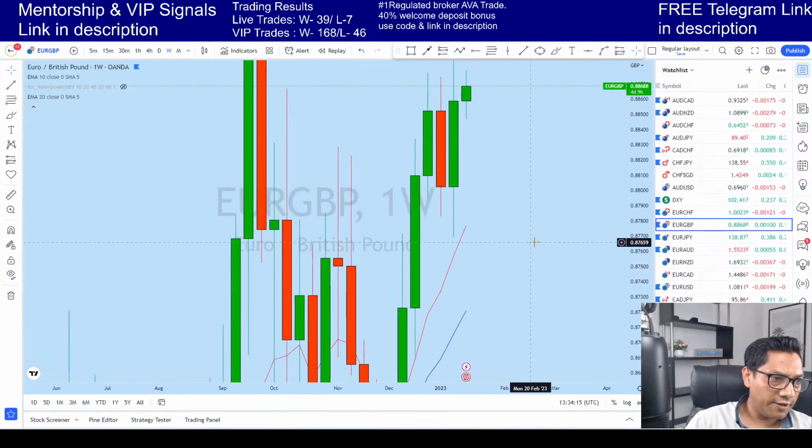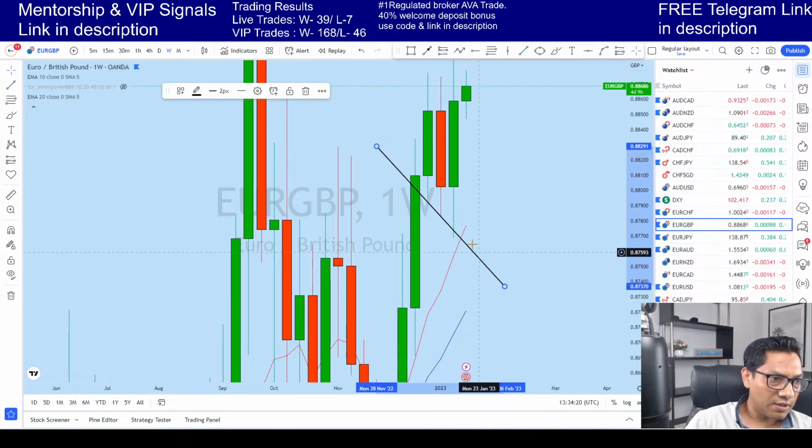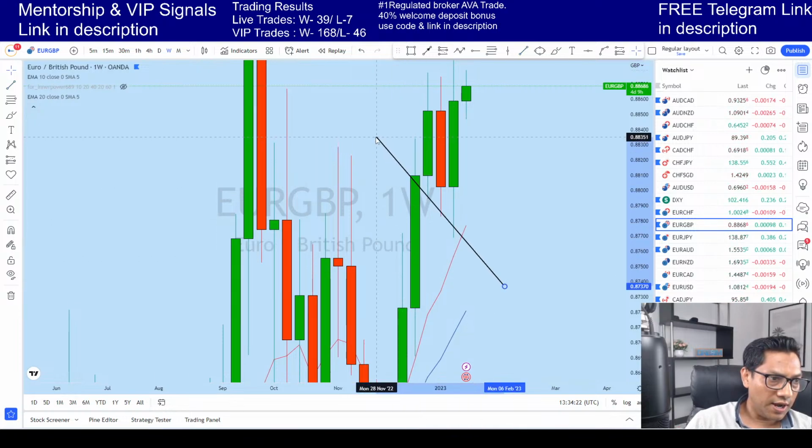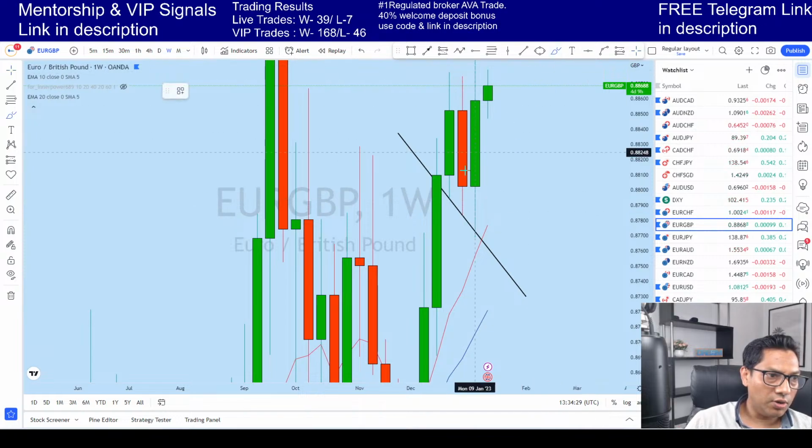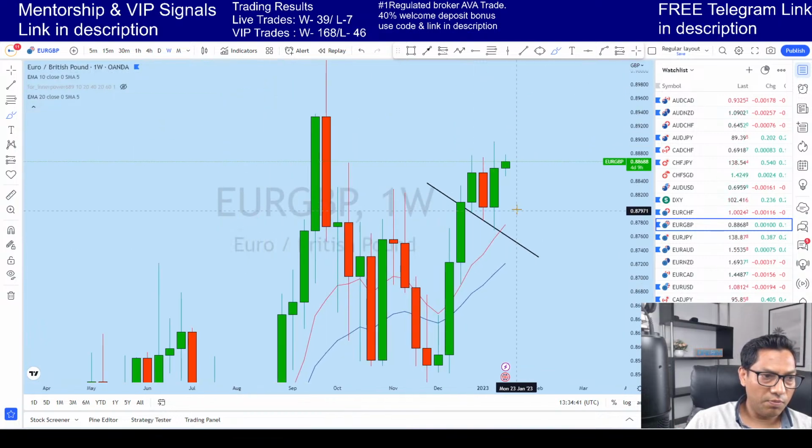If you look closely, you see that it has a little bit of a liquidity grab on the weekly time frame, which is a higher time frame. Now this is the trend line on the weekly. You can see support here, and this bullish engulfer has violated the trend line and grabbed liquidity. That's the sign that it's preparing for a bigger move, and this is a textbook middleman that has broken out of the structure to the upside.